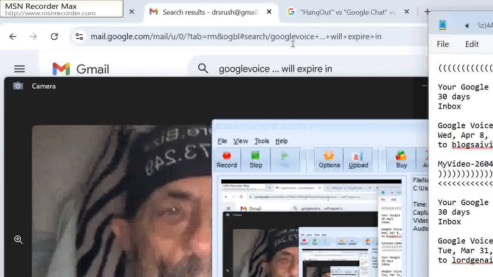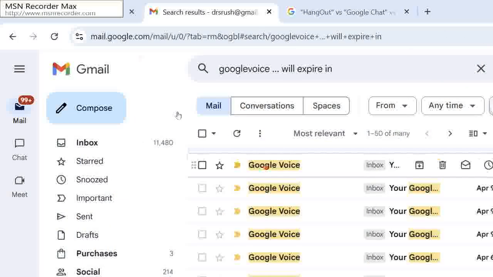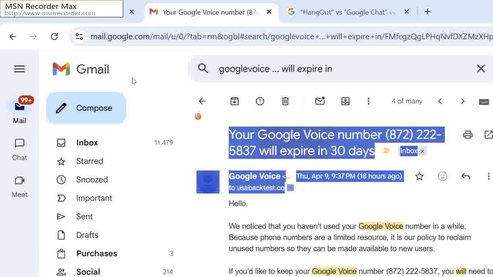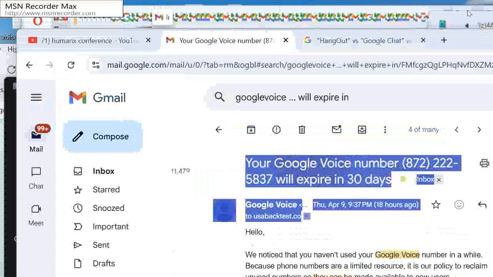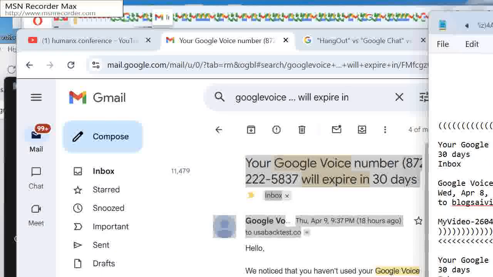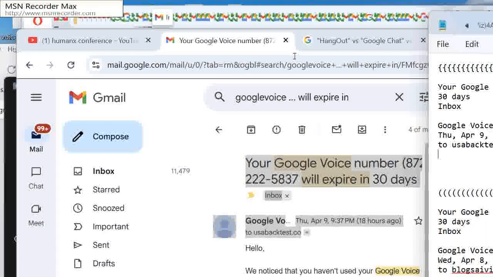next step, where I'm going to create a new section in my notepad. The previous section was surrounded by opening and closing parentheses, so the next section will be surrounded by some other character. For this purpose, I'm going to look into my messages here and see which one is the next message concerning USA Backtest Co. So I'm going to copy the message to the clipboard buffer with Control C,